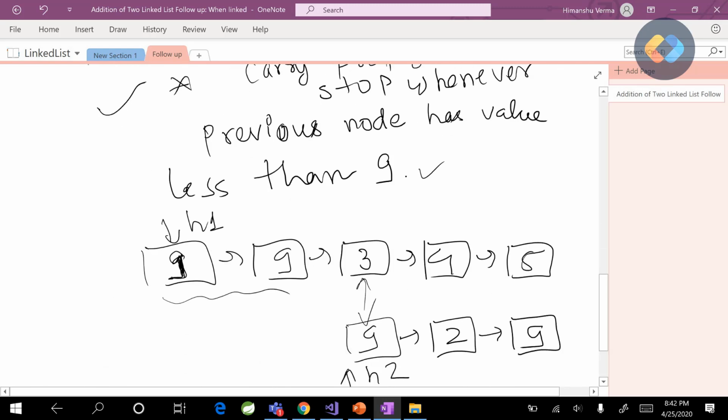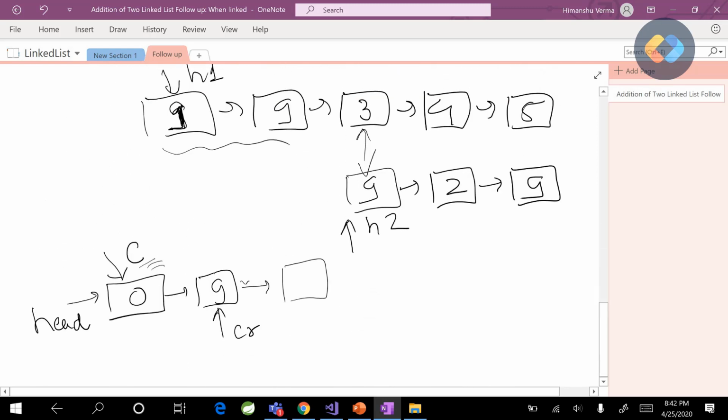So if this value would have been, instead of 9, if this value would have been 8, I would have moved my carry pointer here, because I know that even if this node will generate a carry, I just need to increment the value of this node, right? I don't need to go back, right? But in case of 9, if the carry will be generated from here, I need to increment the value of the previous node also, because this will become 1. So that's why I'm not moving it, right? So this you will understand once we'll move forward, if you haven't understood it yet.